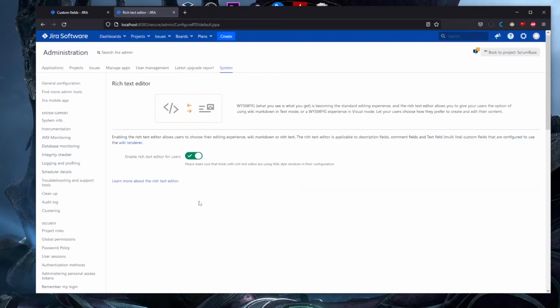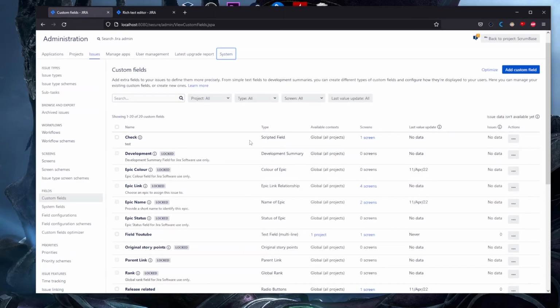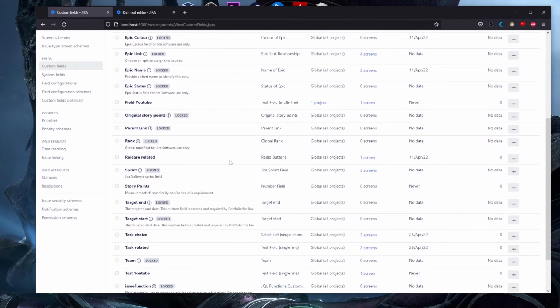So you need to make sure that you enable this rich text editor for users in order to make this change. So if you have this disabled, you cannot change a normal text custom field to a rich text editor. And now we can go back. So keep in mind that you need to have this on,